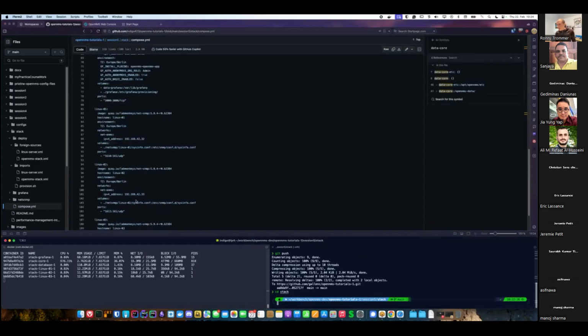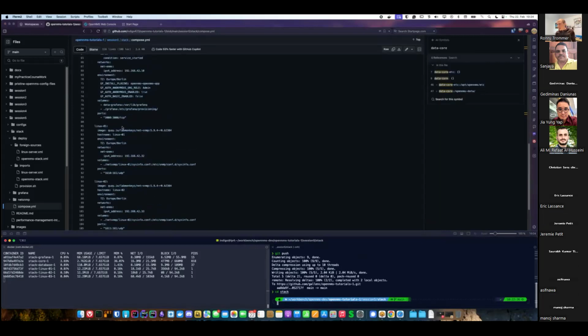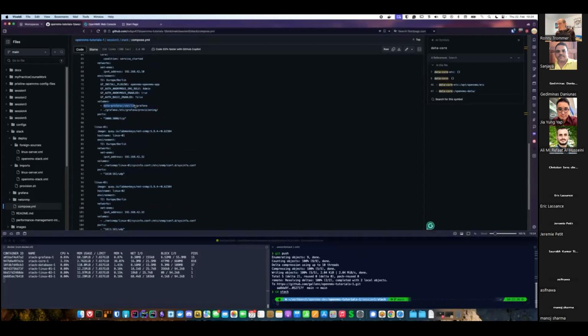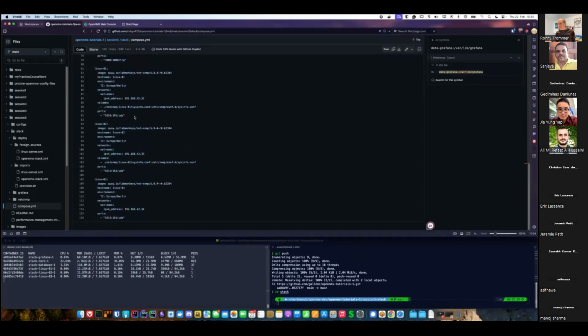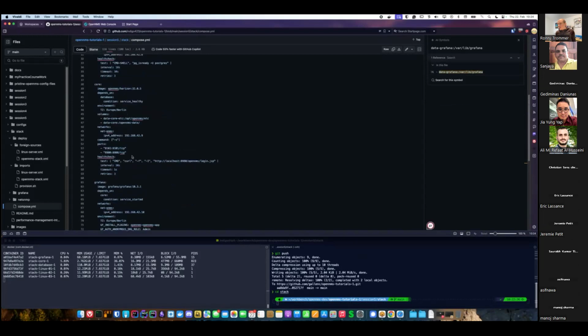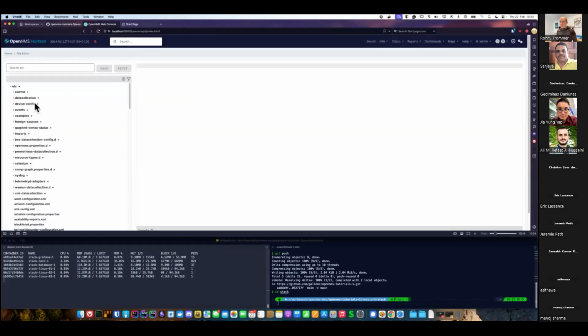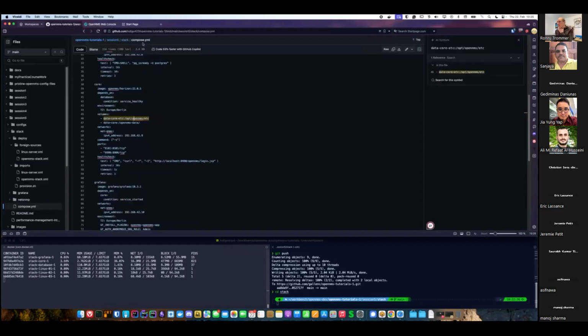And you see that here where they are mounted in. One is here, that's Grafana. Where's the core? Here's the core. And then you see here that data contains all the RRD files, and the etc is the configuration. And with that editor, you can edit them directly. Okay, so